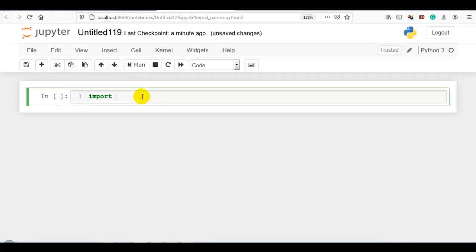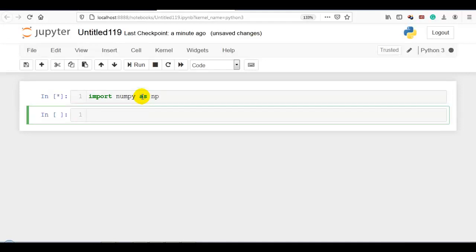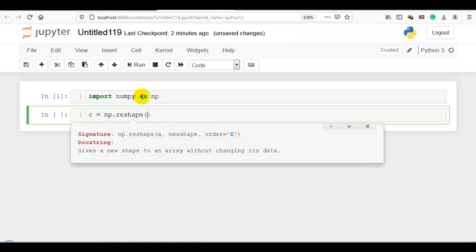So let me first import NumPy as np. Now let me take one variable, np.reshape. When you press Shift Tab, you can see this is the syntax.